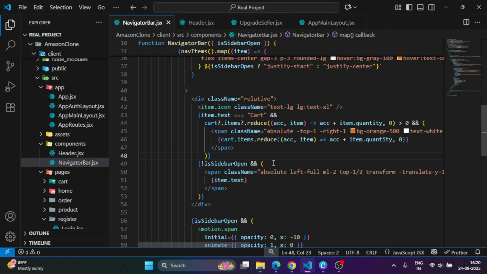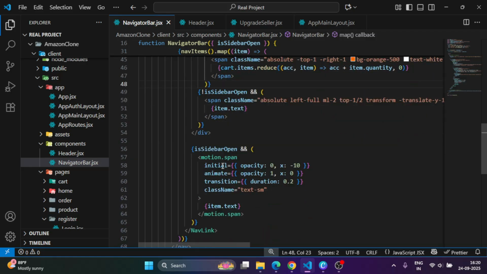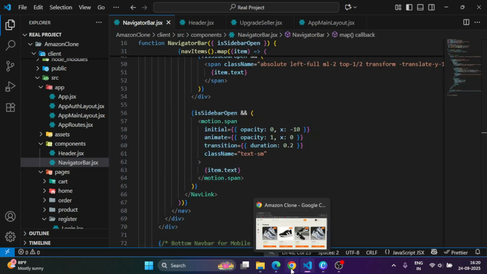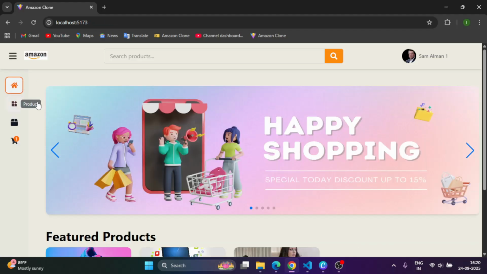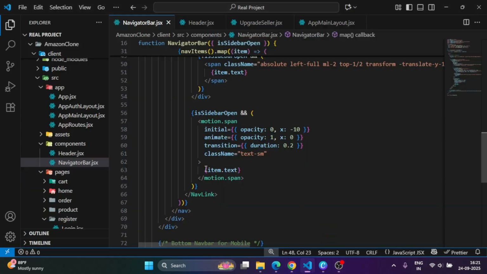So we are accessing this cart, okay, and then it's a very confusing thing, like we're using the not operator. If isSidebarOpen is false, it becomes true, and then show these things. So item text, and then if the sidebar is open, show these things, item text, like this. If you look at it, then you can see this text because it's open, right? So it's open,